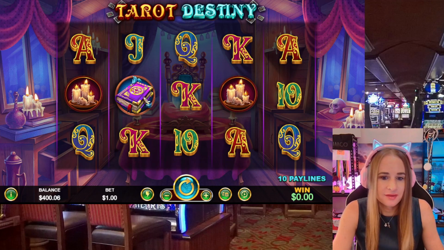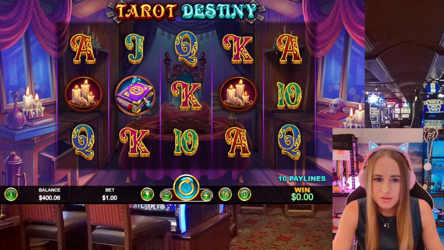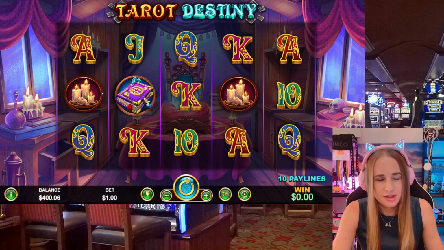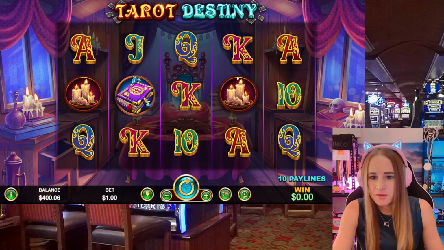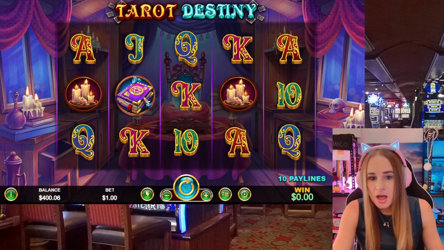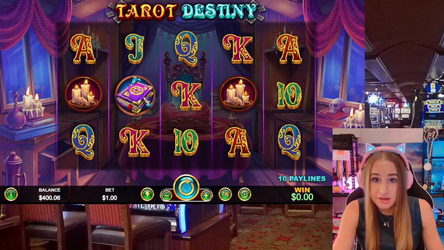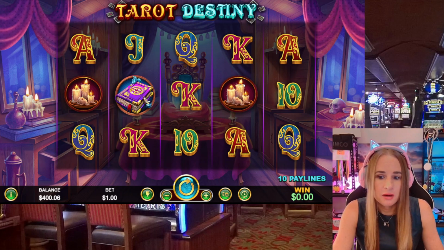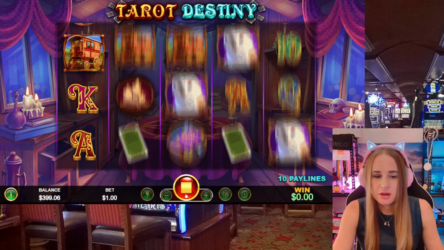So it's a 10-line game. We can see there in the bottom right, 10 pay lines. We've got some royals. We've got a book. I don't know if that's going to be the special symbol because, I mean, tarot book. We've got candles in there, which definitely feels like a classic mid-value symbol. I reckon it's going to be quite volatile. This game has only 10 pay lines, so I reckon it's going to be pretty dry, and then we're going to see some big wins. So hopefully,